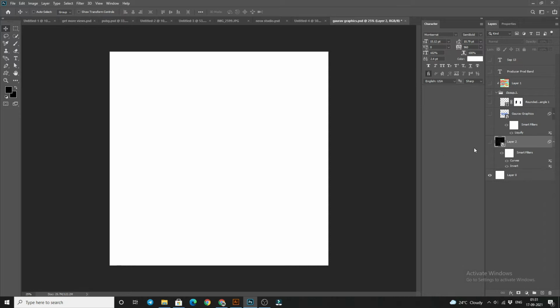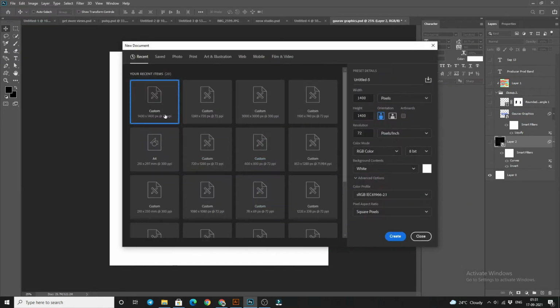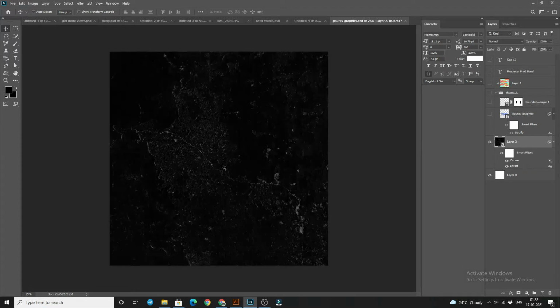First we have to take our artboard. Go to the File menu and New, and select 1400 by 1400 pixels, otherwise you can select 300 by 300 pixels, and close it. I had created this, so you can also create it. After that I took this concrete texture, and you can download it. I will provide the texture link in the video description, and I am just showing you this in different layers.